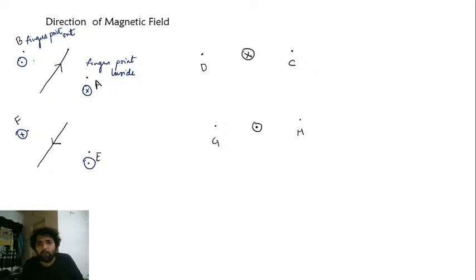Clear? तो इसमें भी देख, current is X मतलब the current is going inside. Current is going inside. So what is the field at C? The value of field at C will be downwards. If you observe, the value of field at B will be downwards. Similarly, it's going inside. Direction of current is inside like this, and the direction of fingers is pointing upwards. So यहाँ पे direction कैसा होगा? It will be upwards.